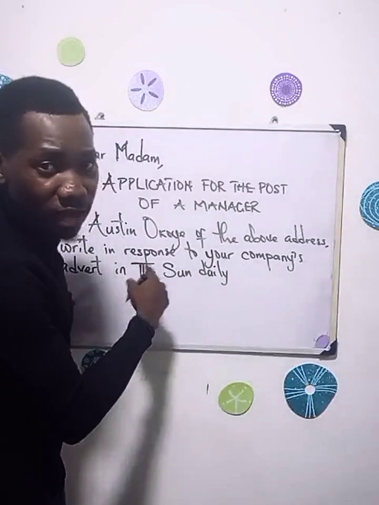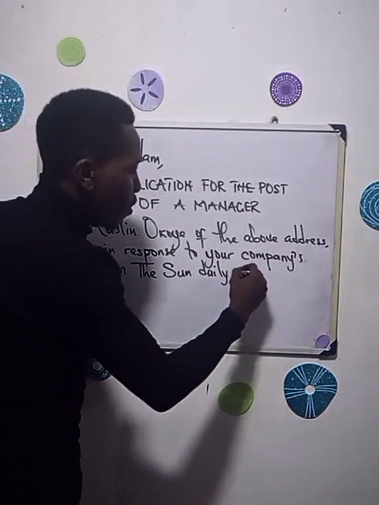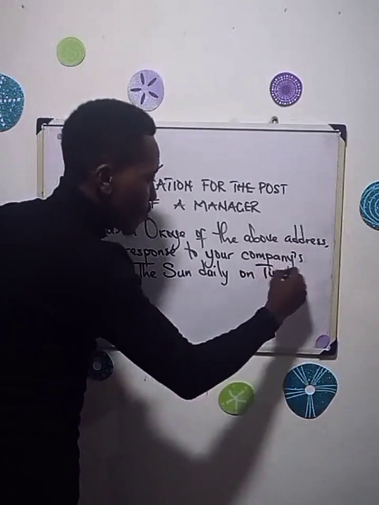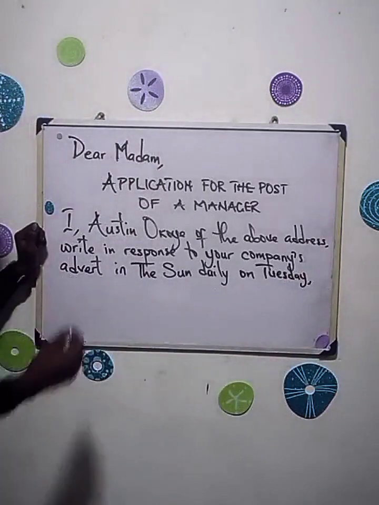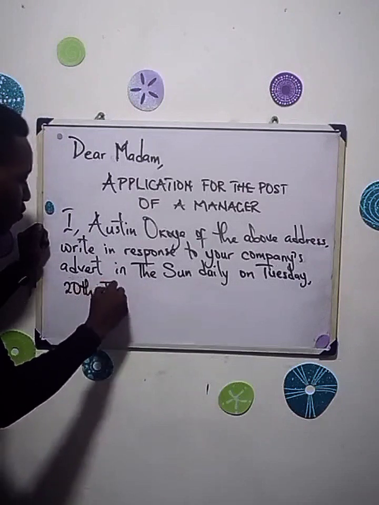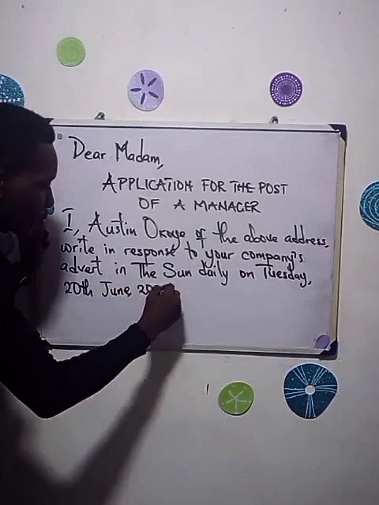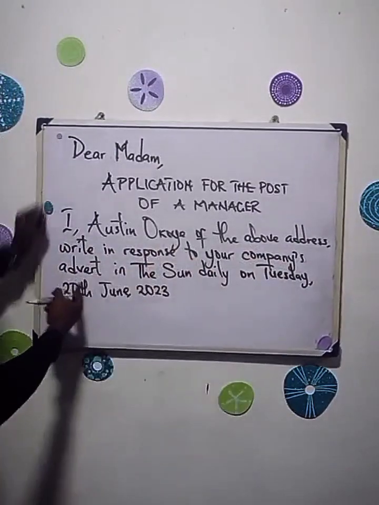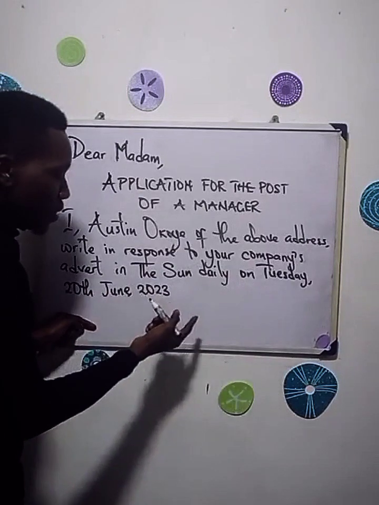When did you see this advert? Or when was the advert? The company's advert in the Sun Daily. On what day? On Tuesday, 20th June 2023. I'm just going to pick any date. So I, Austin Okoye, of the above address, write in response to your company's advert in the Sun Daily on Tuesday, 20th June 2023,